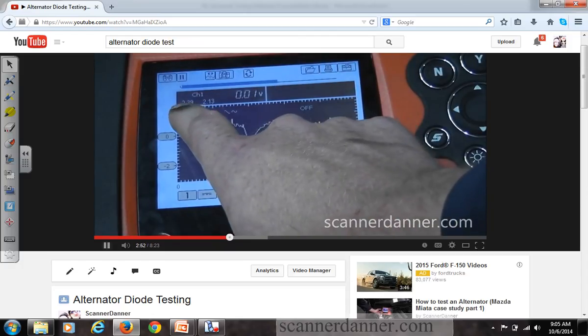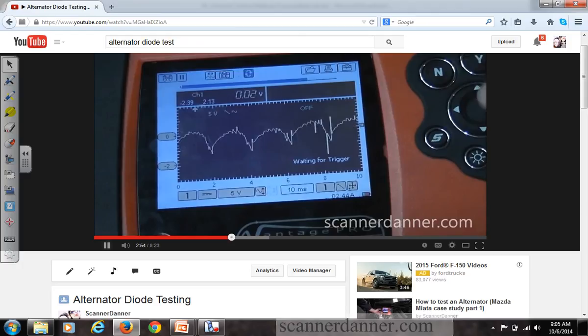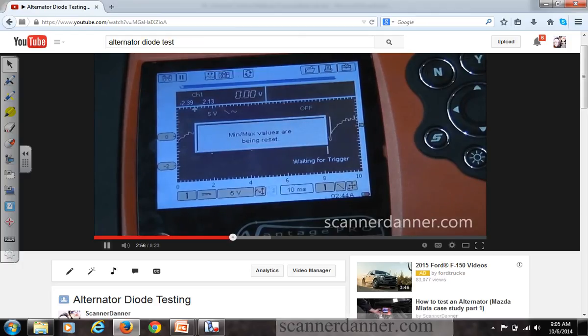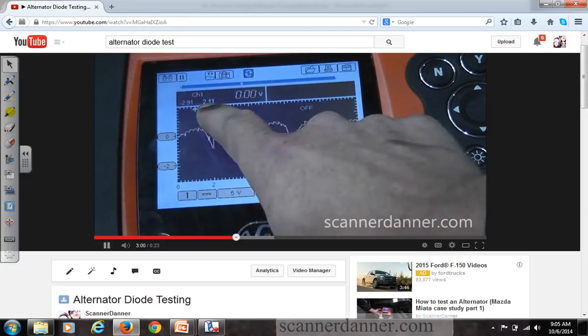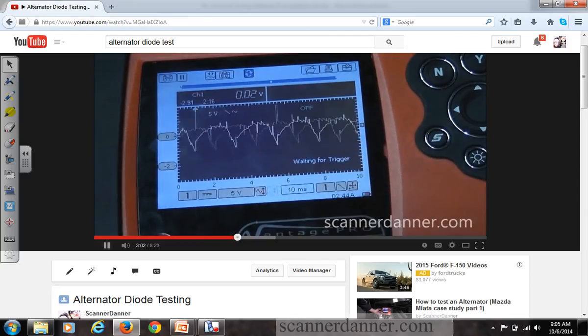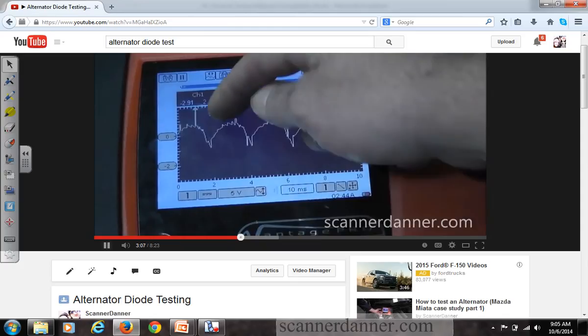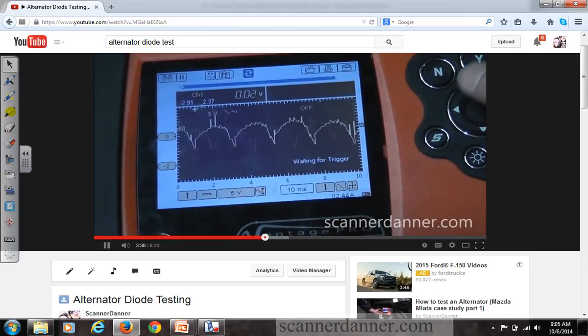And then what I'm showing, nice thing about this is where I'm pointing, that's a min-max. So that's -2 and +2. And then I'm resetting that to make sure I'm catching it right. Yeah, 2 volt peak to peak, almost 3 volt peak to peak. Huge number. And then later in the video, I describe,